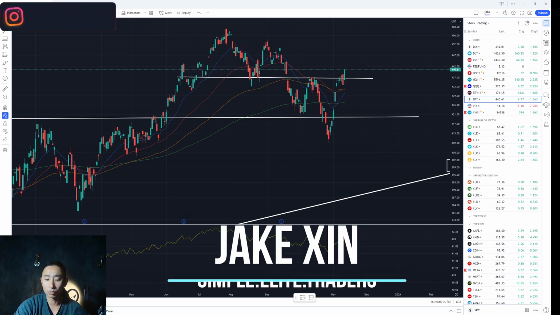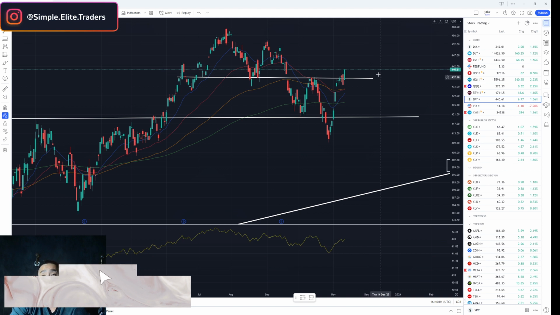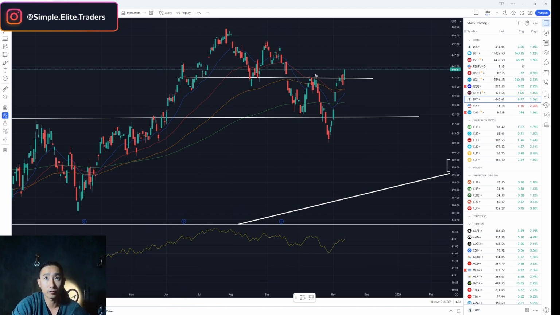I'm bullish on the US stock market. Let me explain to you why. So we can look at the SPY, the S&P 500 ETF, right here. Why am I bullish? Because look at this, the price action is breaking above the resistance around the